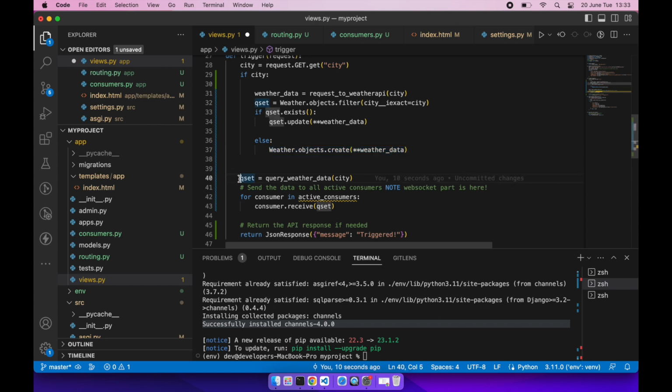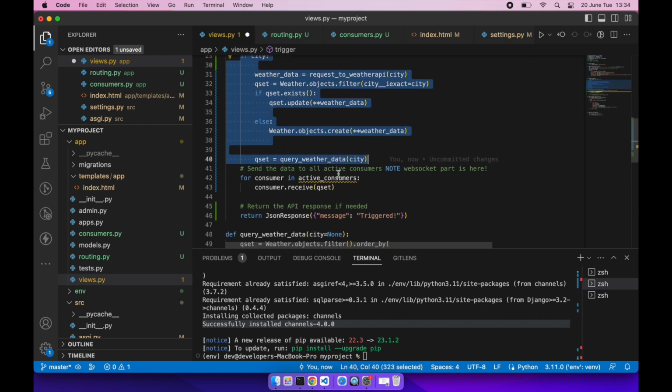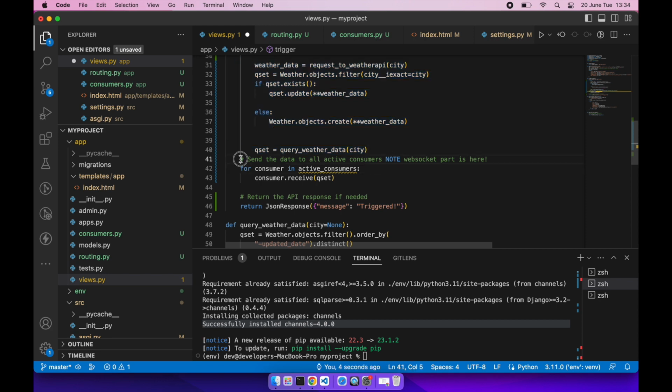If the city is sent by the client, we will also call the query weather data function to do serialization. We get the query set and send it out to active consumers. The WebSocket part is here. We will be passing the query set to the consumer by passing it to the receive function. The query set is the response data for sending to the front end. You see that we are passing the query set to the receive